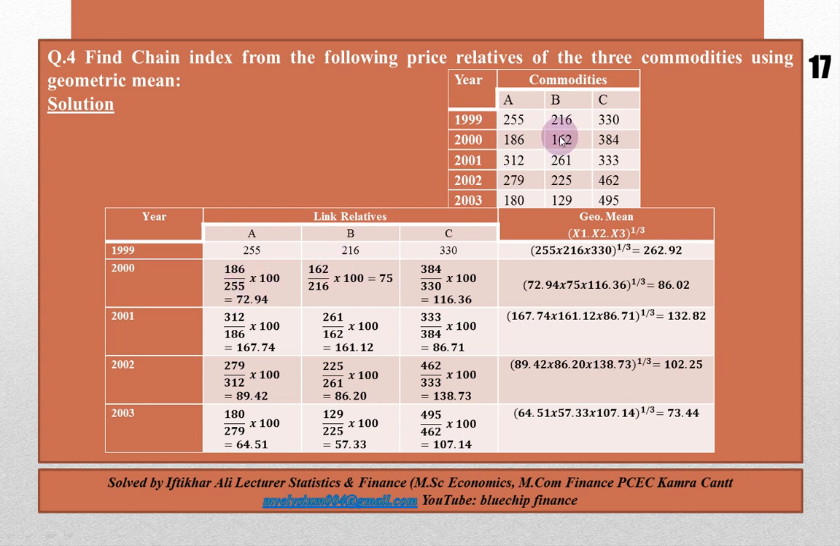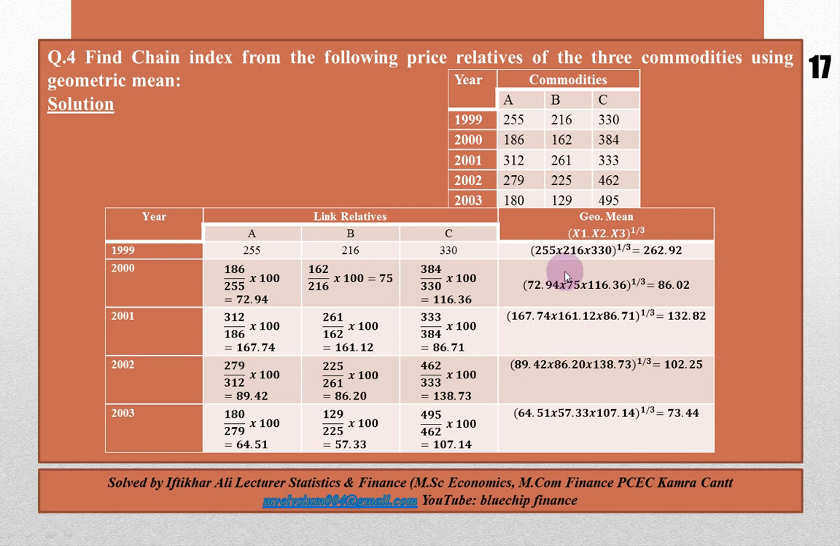Here 162 divided by 216, multiplied by 100. Here 384 divided by 330, multiplied by 100. In case of 2001, 312 divided by 186, multiplied by 100. 261 over 162, multiplied by 100, and 333 divided by 384, multiplied by 100, and so on. And after taking the link relatives, the next